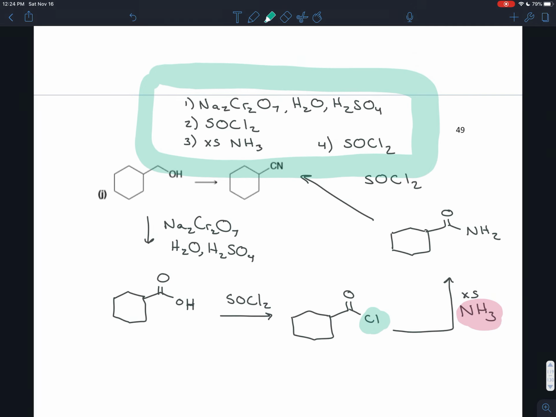So in this video, we've seen a whole bunch of different ways to convert one carboxylic acid derivative functional group into another. And we'll continue our exploration of these types of reactions in the next